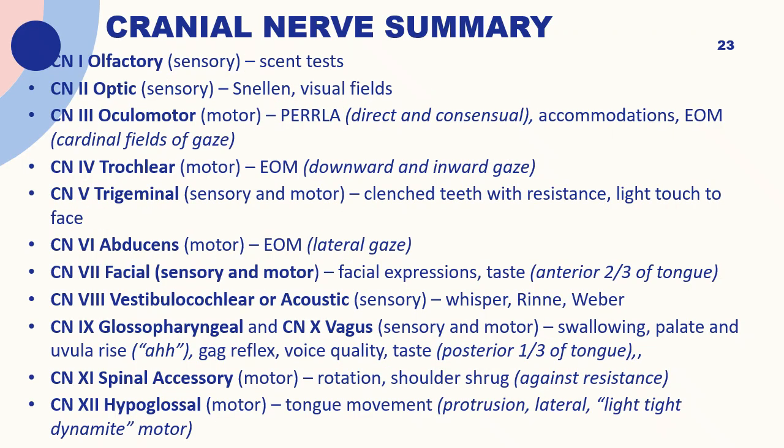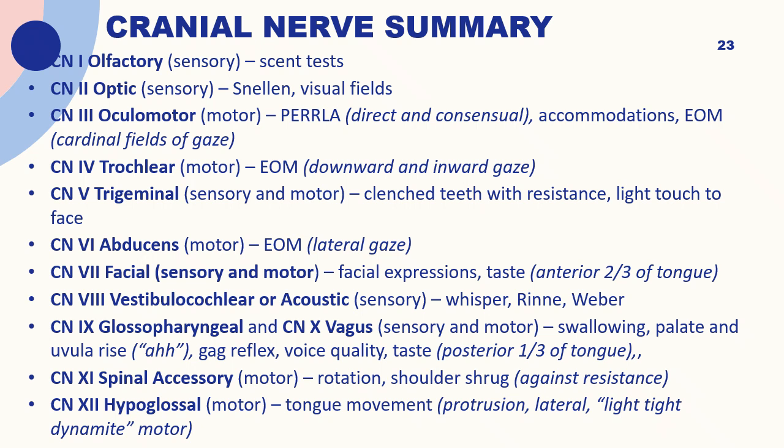Cranial nerve summary. Cranial nerve 1, the olfactory nerve, a sensory nerve tested with familiar scents like coffee or peppermint, one nostril at a time. Cranial nerve 2, the optic nerve, a sensory nerve tested for visual acuity using the Snellen chart and visual fields by confrontation. Cranial nerve 3, the oculomotor nerve, a motor nerve tested with pupillary response to light, direct and consensual,